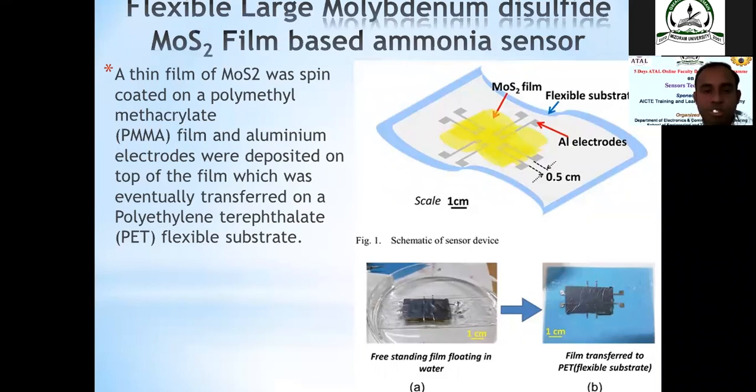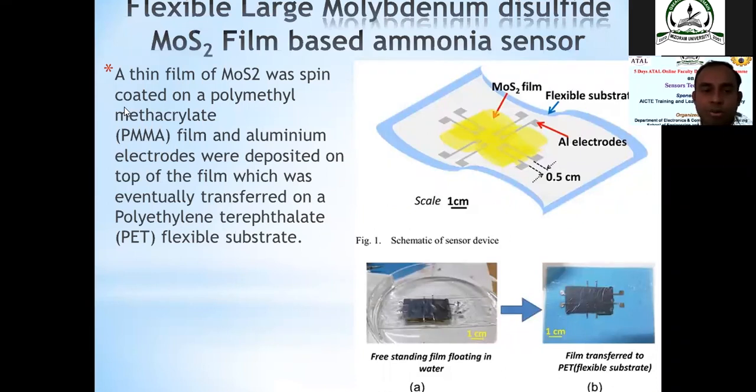Maybe whenever soldiers are going into the field, whether there are hazardous chemicals present or not can be sensed by this type of sensor. This type of sensor can easily be integrated into the uniform of our soldiers. So for those types of applications, these flexible substrate sensors are very important and may be useful. Here a thin film of MoS2 was used, spin coated